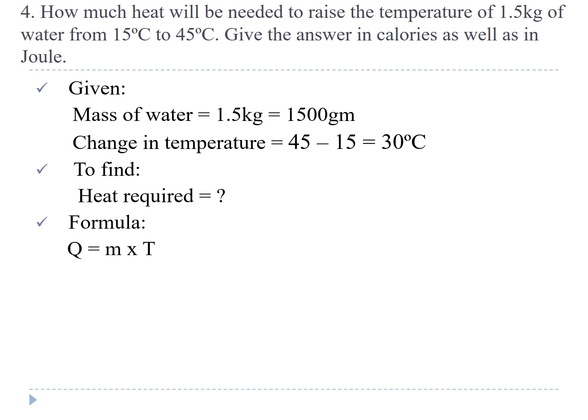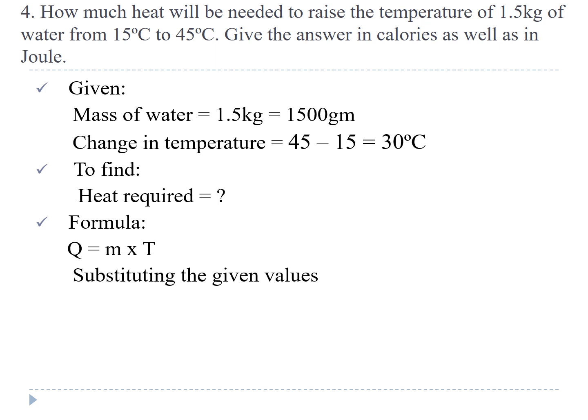If in case in the numerical the substance that is used is water, you can directly omit or cancel the C in the formula. Instead of writing Q is equal to mCT, you can directly write Q is equal to m into T. No need of writing C over there if the substance is water. I hope I've made myself clear. So because it is water, we will directly take it to be Q is equal to m into T. Simple this is, we are substituting the values. Only that much we have to do.